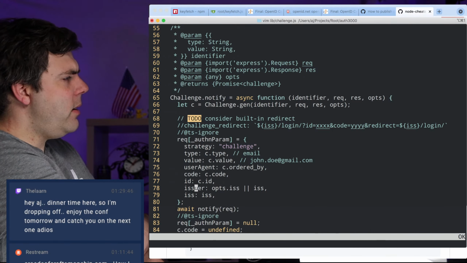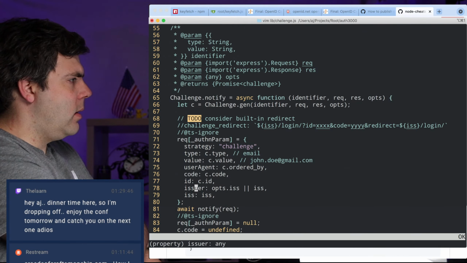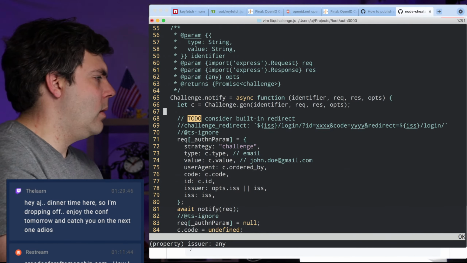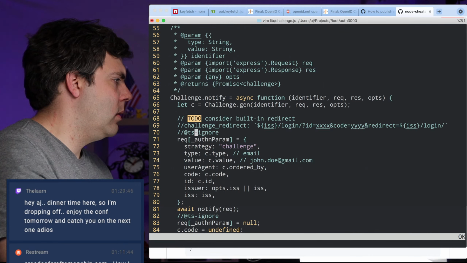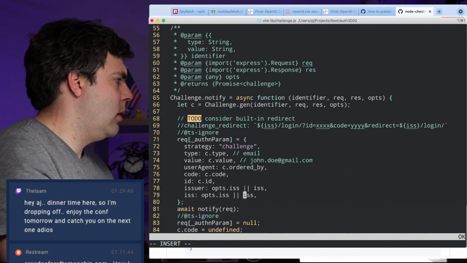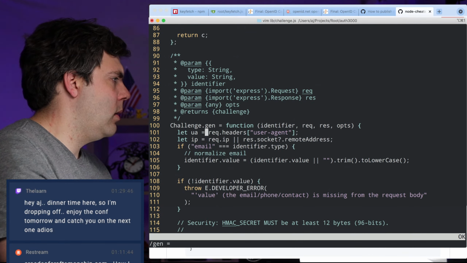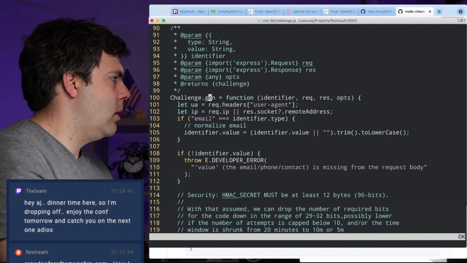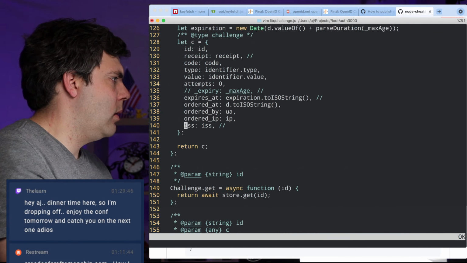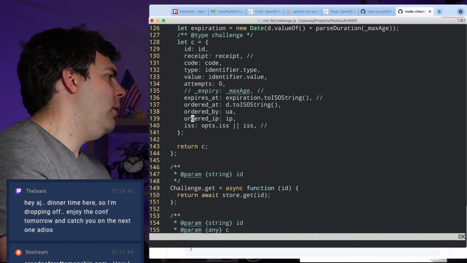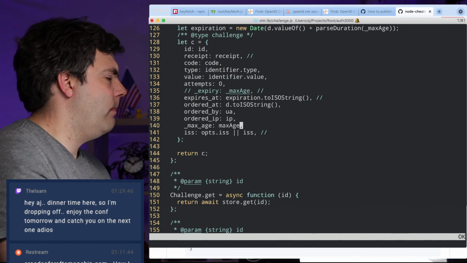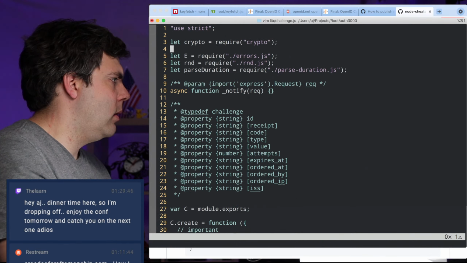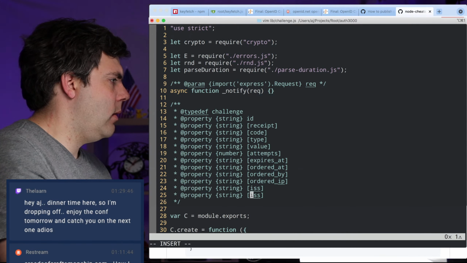And then do we want to put the max age on there? I'm willing to do it this way. Max age, max age. And I'll just put it down here for now.